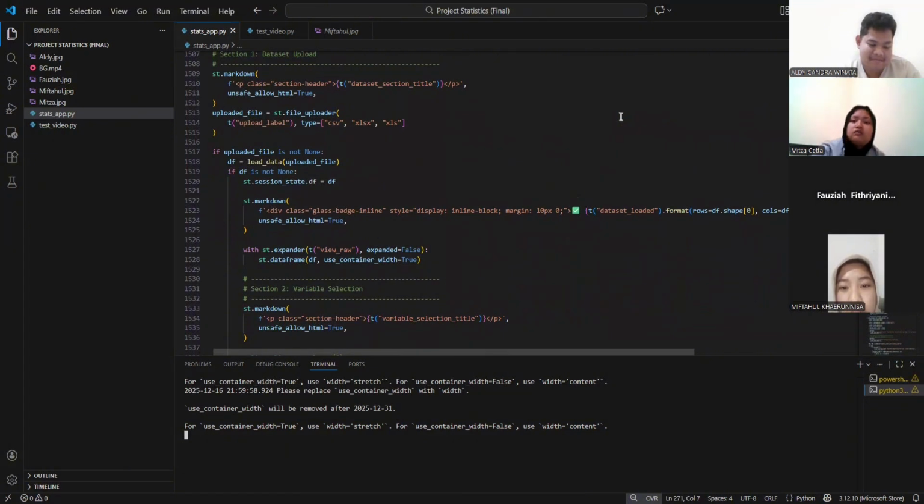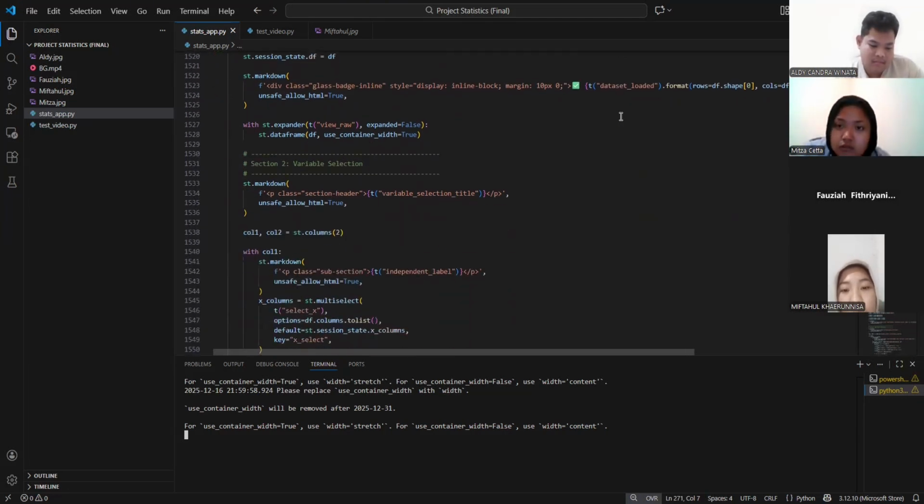Row 1521 to 1523 is the section title. Row 1525 to 1540 is two columns for X and Y selection. Row 1542 is the logic to calculate X total and Y total.